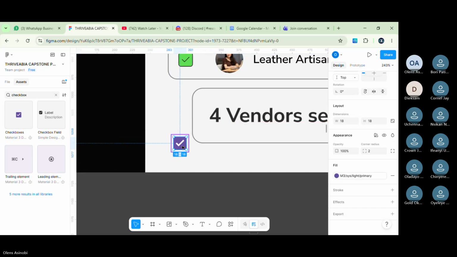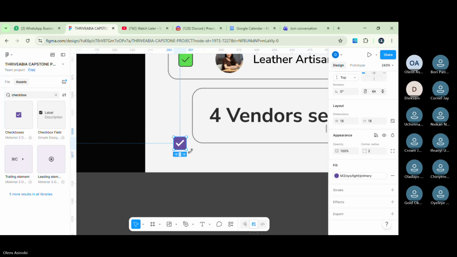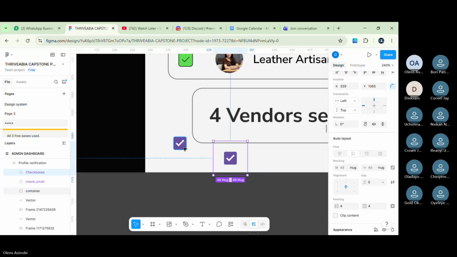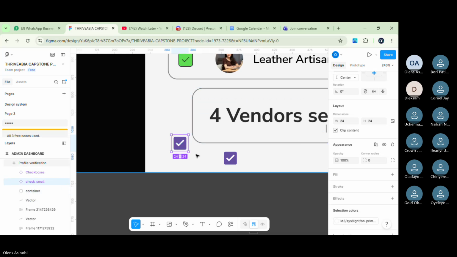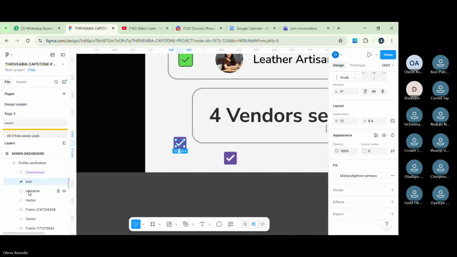Wait, hold on. Backspace. Select all of them, Ctrl G.